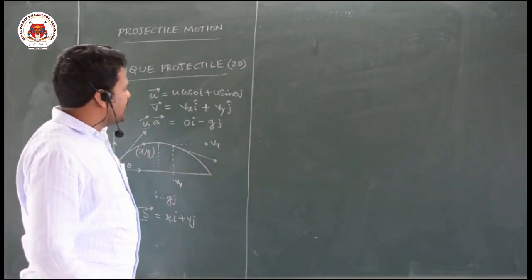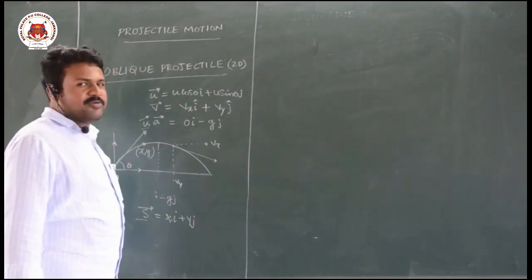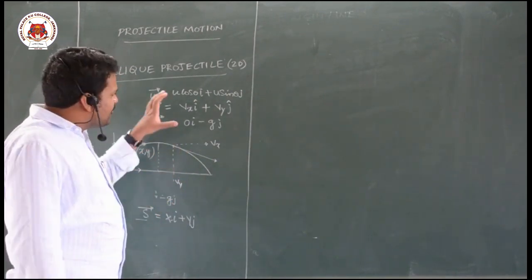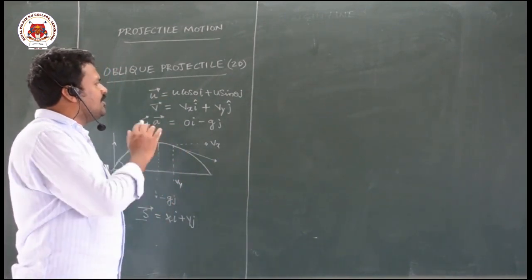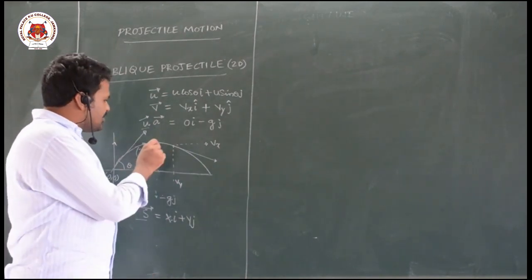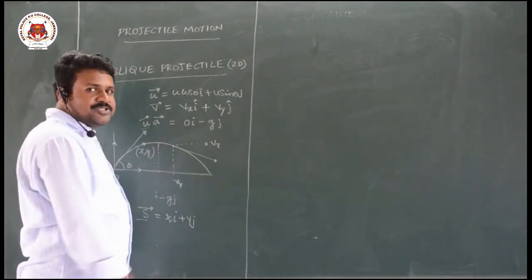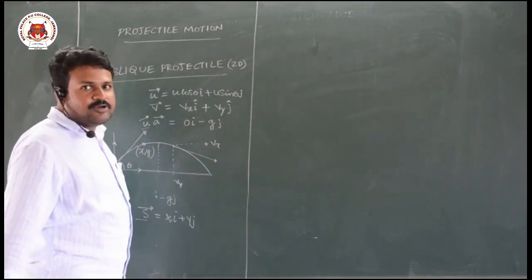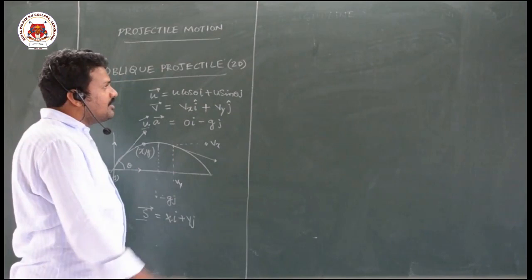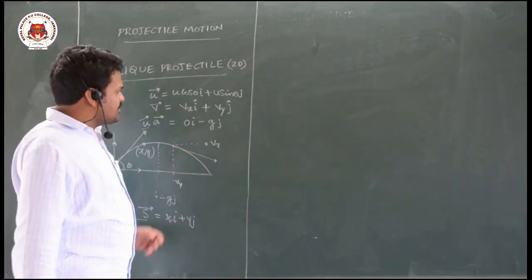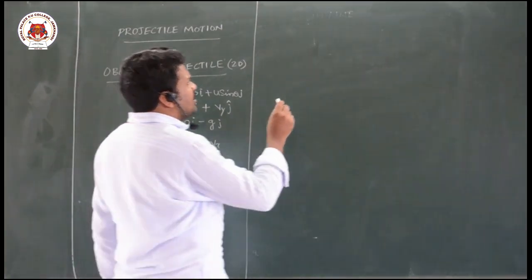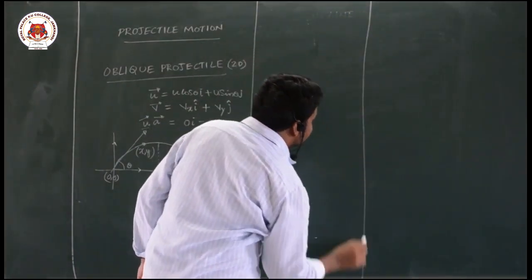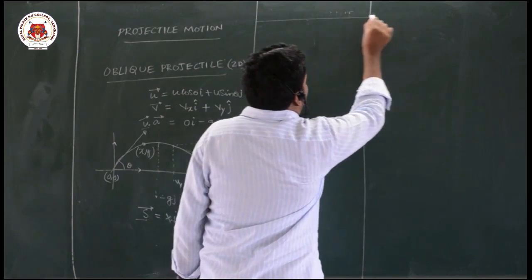Here we can find things by using the equations of motion. The same equations of motion you studied in the previous chapter, we can use and derive the formulas for the maximum height reached by the projectile, the range of the projectile, the time taken for the upward journey, the time taken for the downward journey, and we can calculate the time of flight also. First I will apply the three equations of motion in the x axis, then I will apply them in the y axis. So you can observe carefully here.